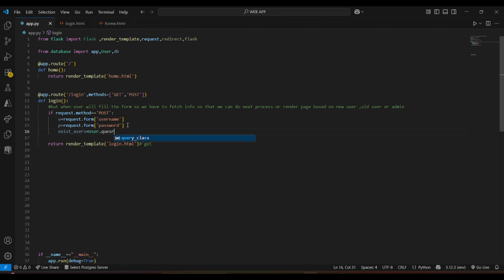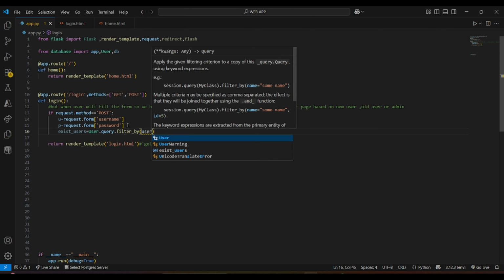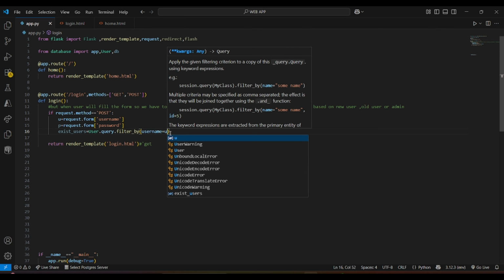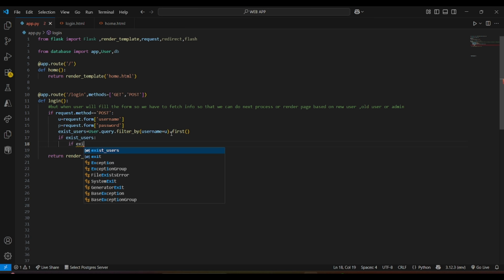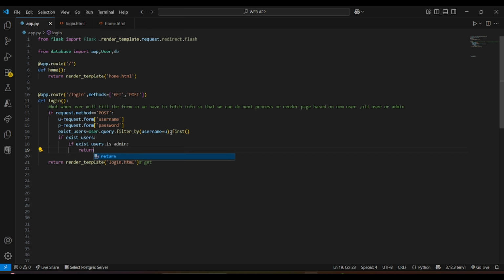Next, we match the submitted username with the database. If a user exists, then it means the user is already registered, so either they are admin or an old user. Now we check if the user is admin. If yes, then for now just return hi admin. We will build the admin dashboard later.